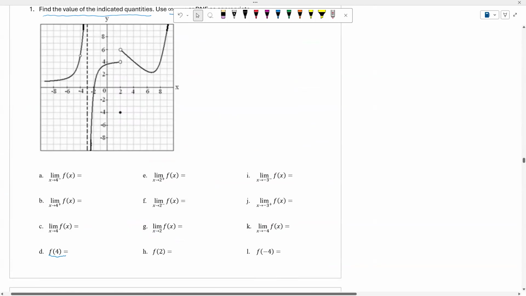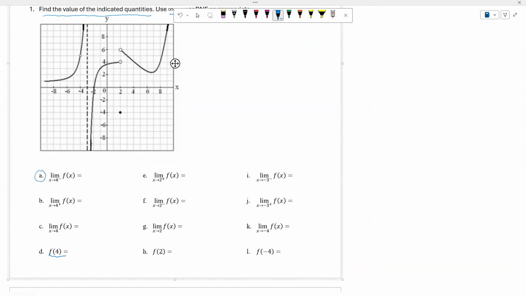Okay, so then let us look at the following example now. So A, then we have the limit as x approaches 4. So in this case, I would like to look at this as x approaches 4. In this case right here, you will see that the limit as x approaches 4 from the left